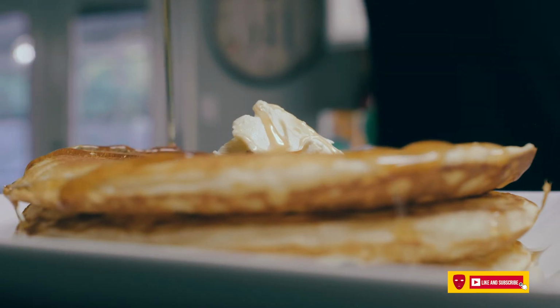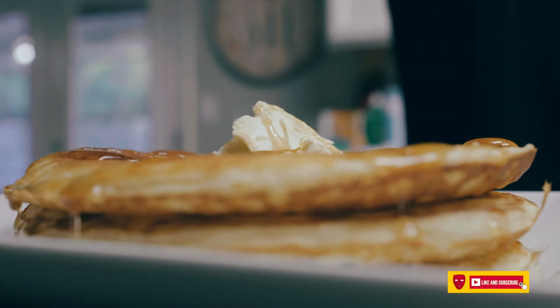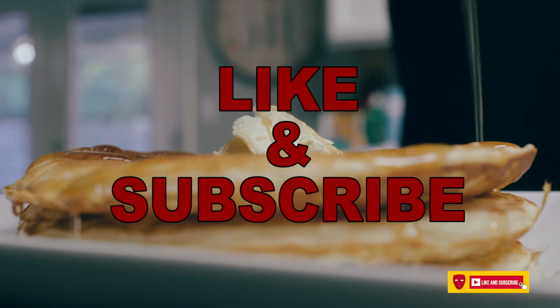This time I'm going to show you guys how I cook the fluffiest, not so thick, not so thin